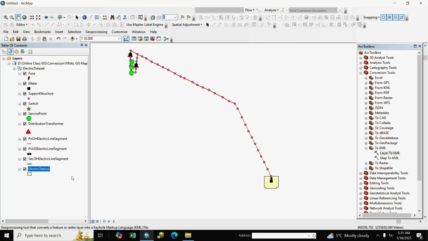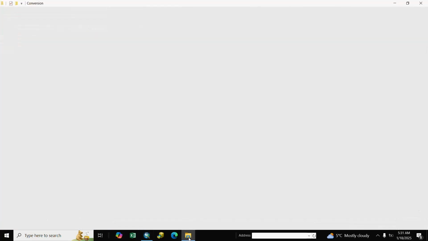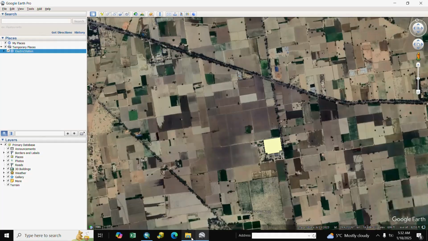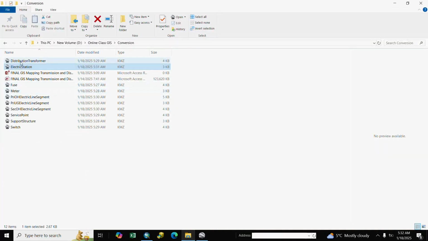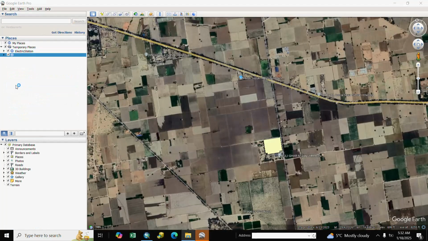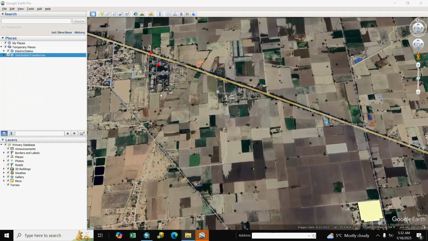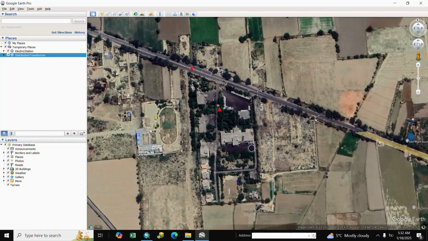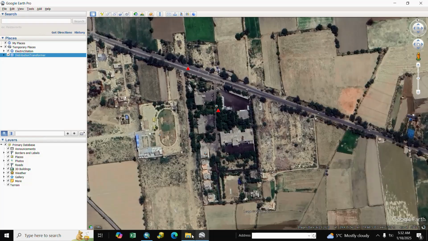Our file is converted and we go to the save folder. Here is our KMZ file and we open it. Electric station and others. DTR is here, DTR distribution transformer.